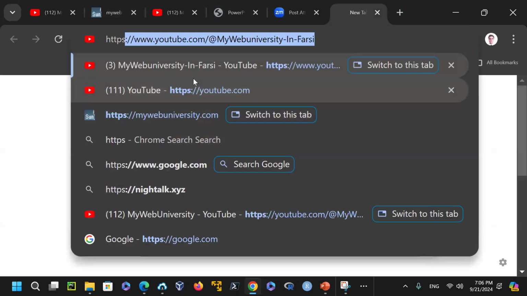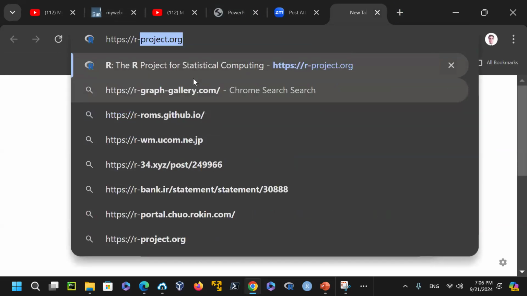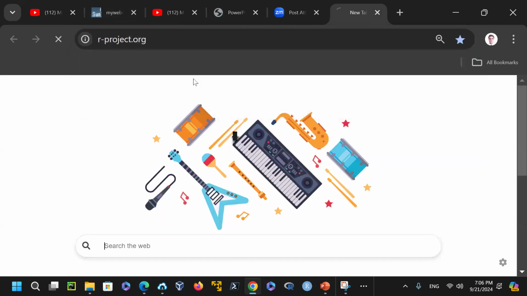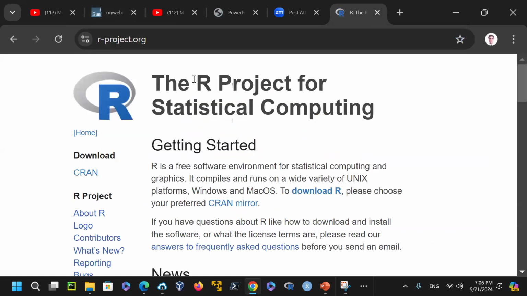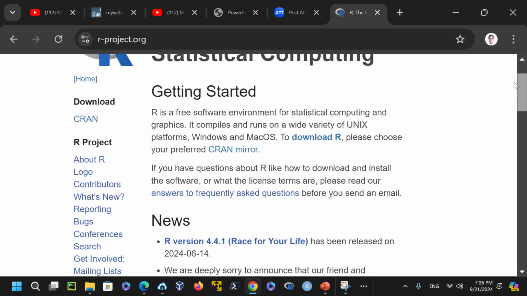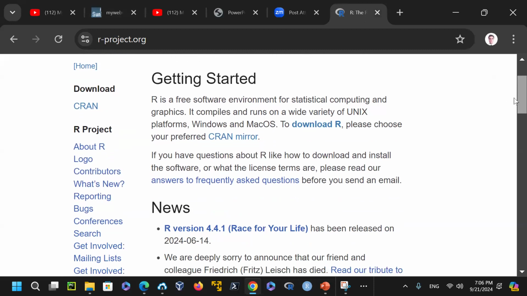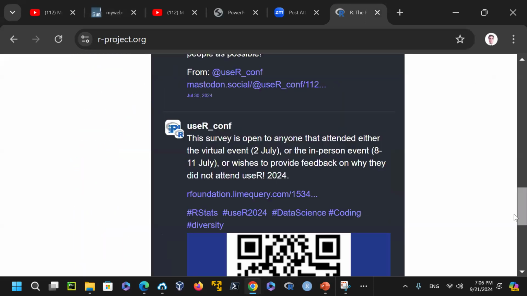I'm going to say HTTPS, r-project.org, that one. So we're going to go to r-project.org. As you can see, this says the R Project for Statistical Computing. And R was borrowed from R statistic. So this is our first slide that I'm going to show you. This is the entire page